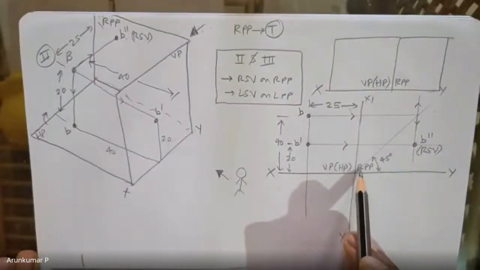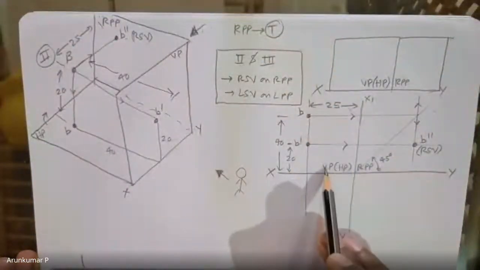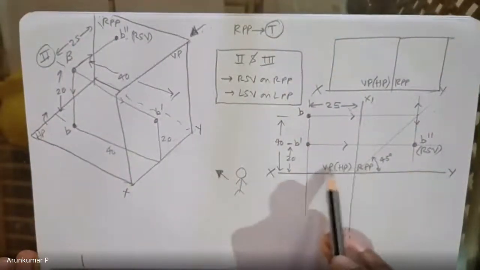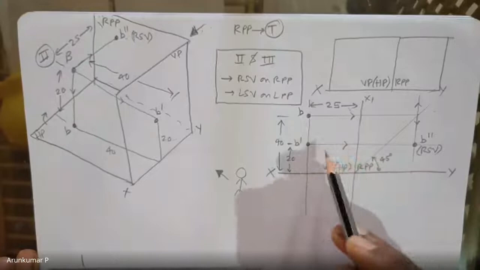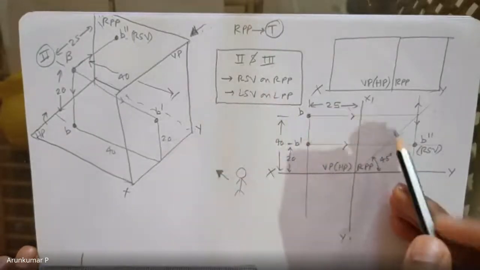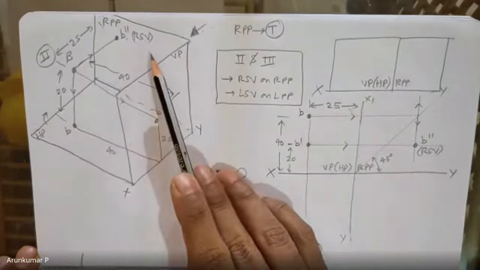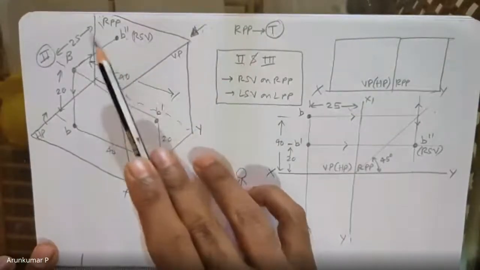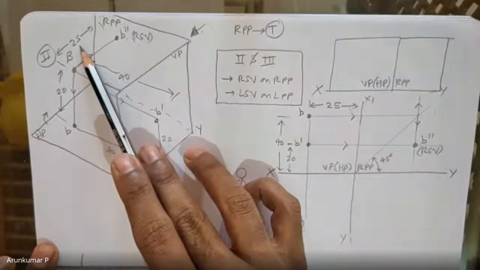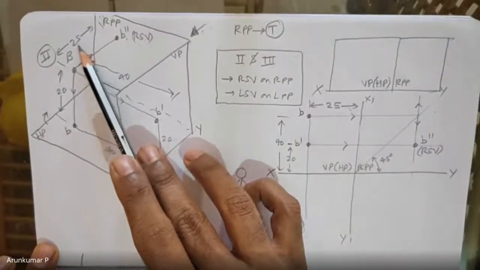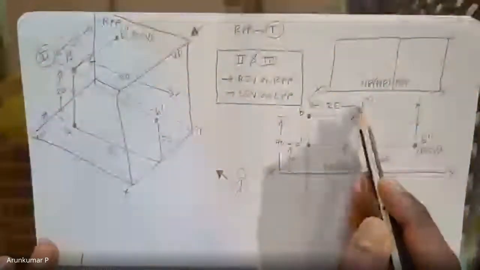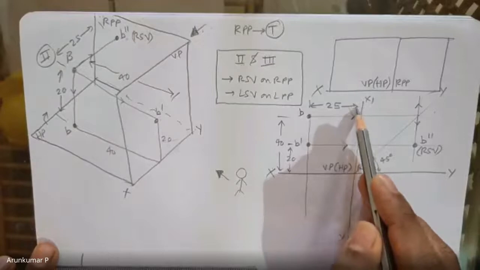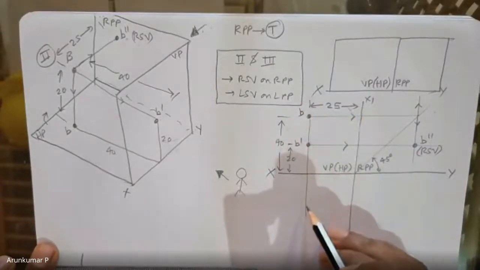This is the arrangement of planes. Since we are dealing with the right profile plane, we know that RPP or LPP will be beside VP. So we draw RPP above the XY line beside VP. Whenever the side plane is involved, the distance from the side plane, in this case 25 mm, becomes your starting point. So you draw the vertical projector 25 mm from RPP, from the x1 y1 line.